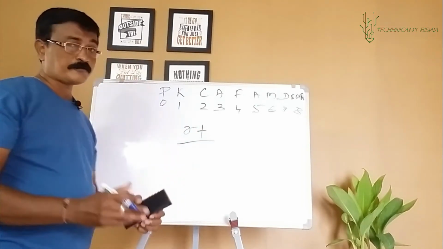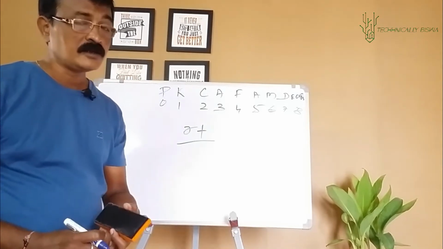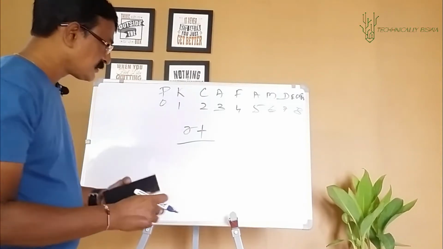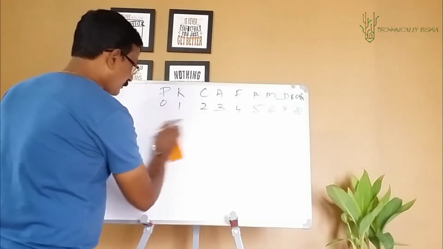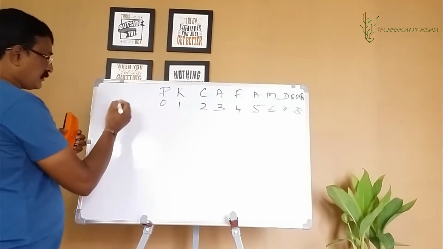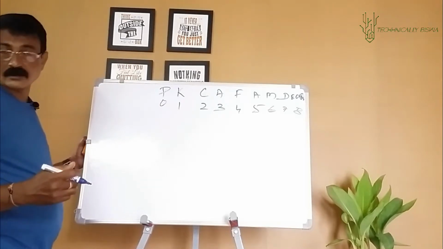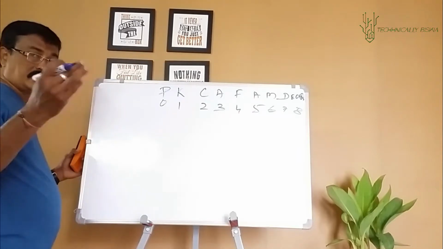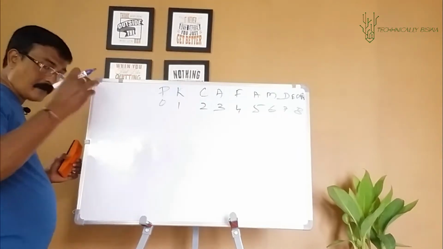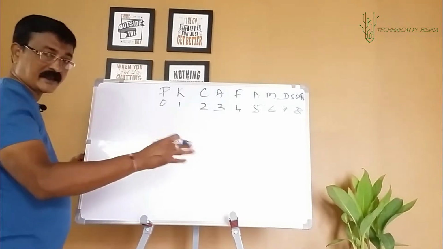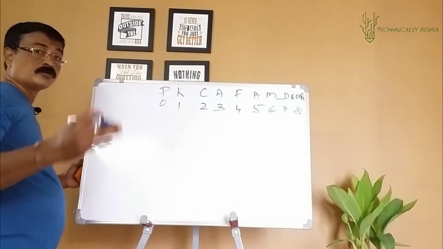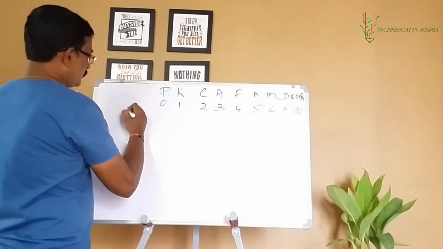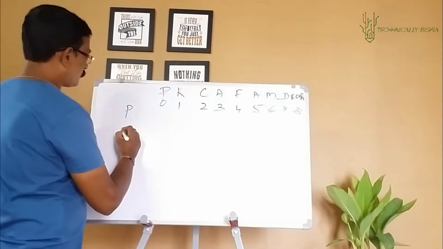Alright, so the first program, let's look at editing a file locally. I have decided I'll pick up two things from the user. I'll ask the user to input a character, and I'll ask the user to input a particular position. That position I'll look for in the file. Whatever character is at that position will be replaced with the character which the user has entered. So assuming the user enters a character P and the user says the position will be 4.